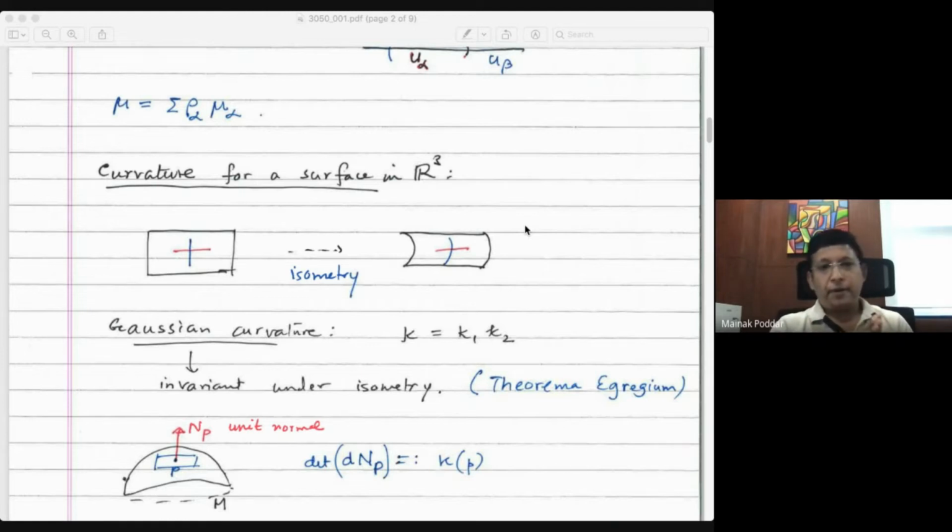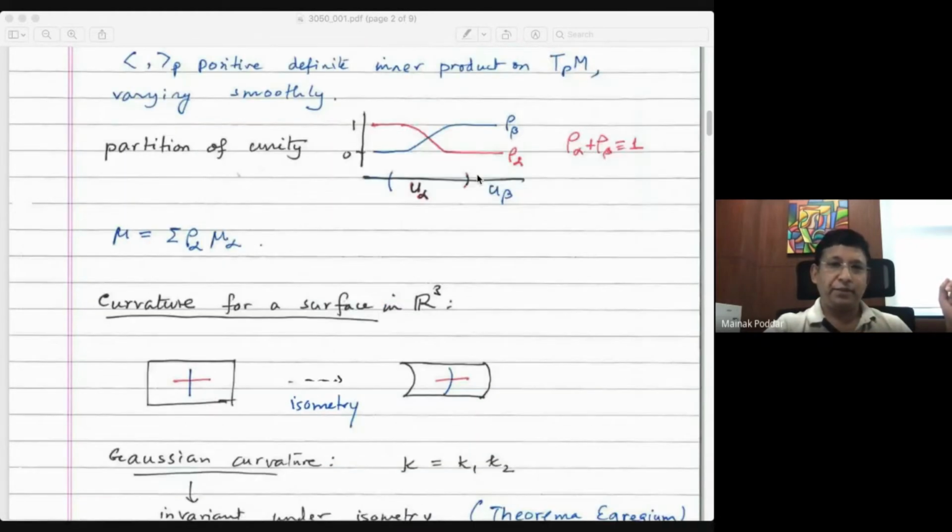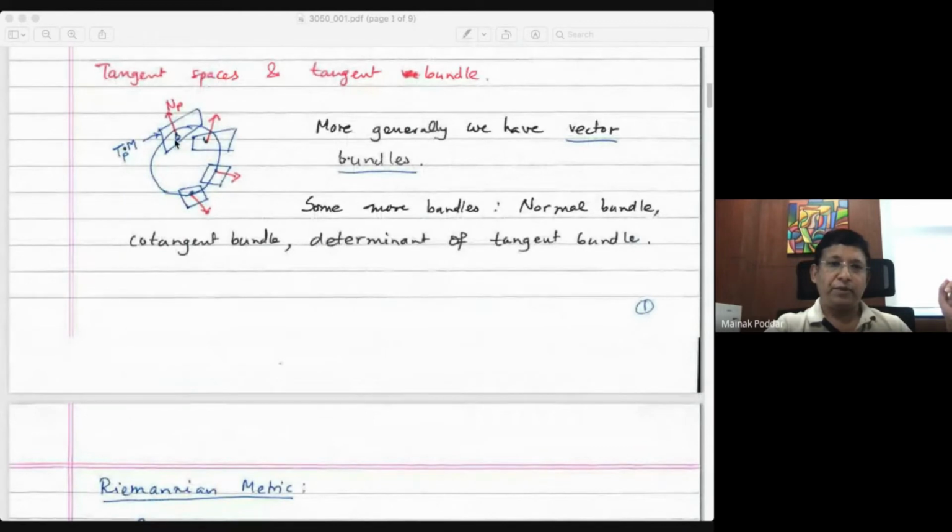And if you think of it like this, essentially what you can do is, in a surface, if you have a point and a tangent direction in the tangent plane, you can take a plane in R3 containing that tangent direction, and it cuts the surface along some curve, and you can look at the curvature of that curve.